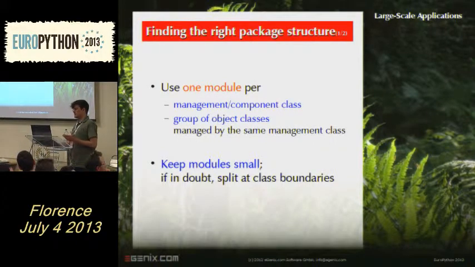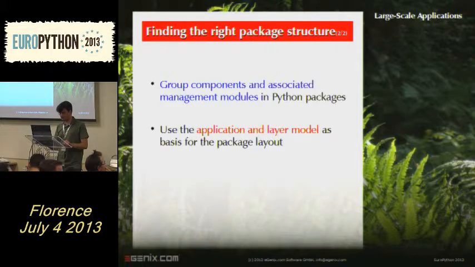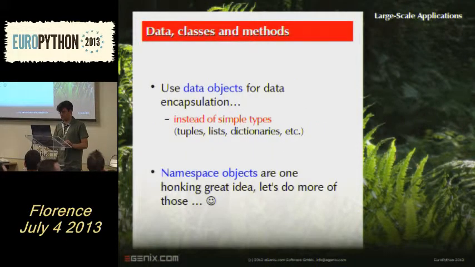The idea behind all this is that if you have developers working in your project and you get in new developers, you should make sure that they can easily find what they're looking for without having to do a grep over all your source files. So it should be logically structured. You should map your design onto your file system and onto your modules. You should group everything, and well, the natural way of doing that is just using the application and the layer model as basis for that. For the data objects, that's something that's interesting.